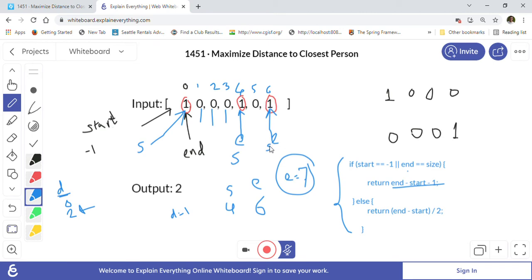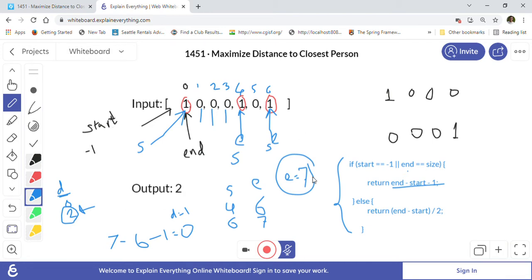So whenever end moves, start also moves to the end position. So start is now at 6 and end is now at 7, which is the size of the array. Okay, so we will use this end minus start minus 1. So 7 minus 6 minus 1, which becomes 0, right? Which is equal to 0. So we are not going to update our distance. Our distance will still remain 2, because 2 is the maximum one we found.